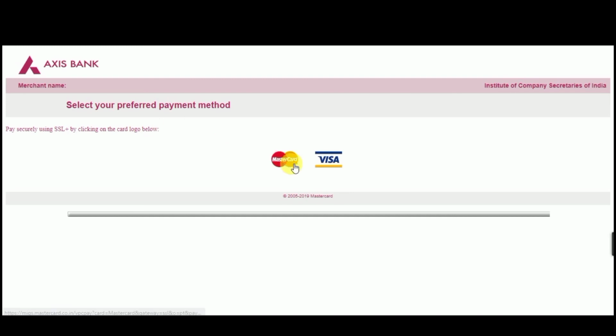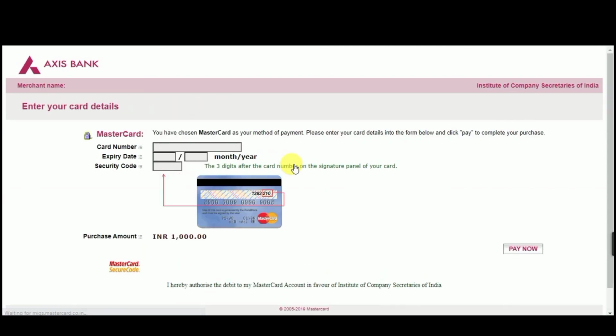Here are the options of two types of card, which are MasterCard and Visa card. Choose any one which you have. Enter your card details. Now the payment is processing.